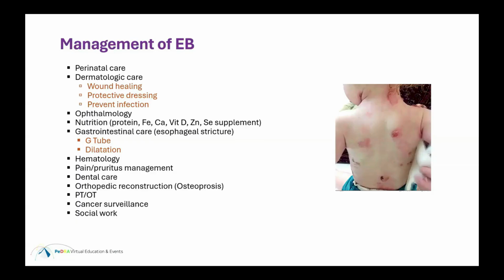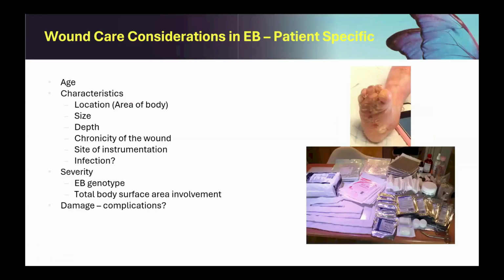And in addition, as patients grow up and age, we know that with multi-system manifestations, we're going to require other services such as cardiology, pulmonology, and renal, just a few to be mentioned. And if we focus on just the wound care part of the EB care,